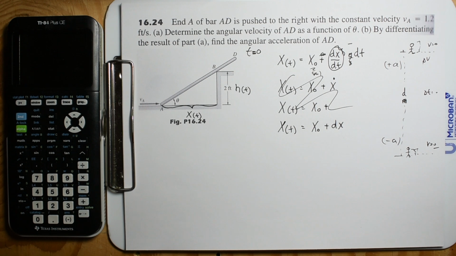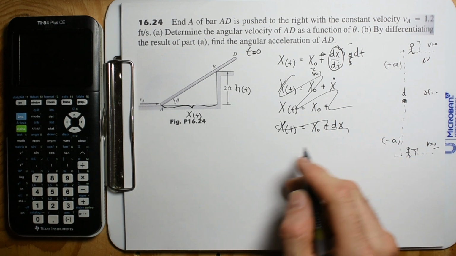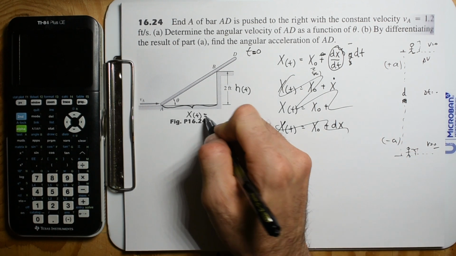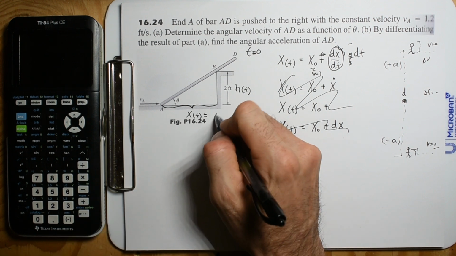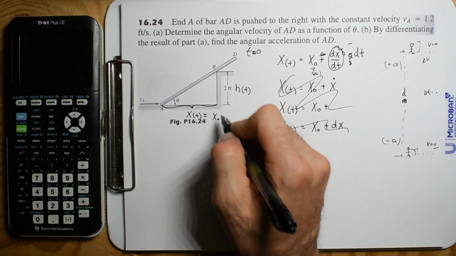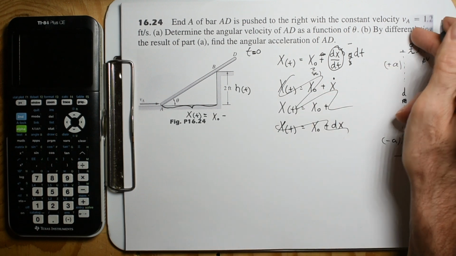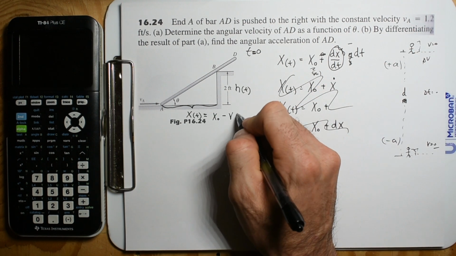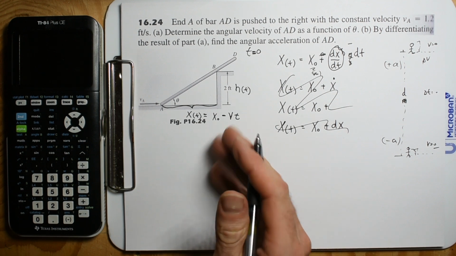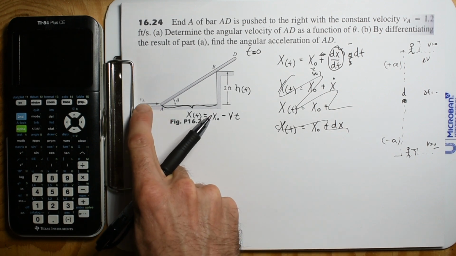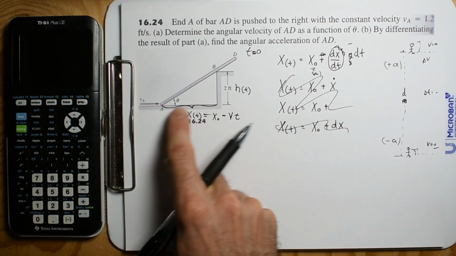I don't know if that's going to help me or not. But it was useful to know that this was the initial x, and then it was going to be minus this velocity times time. So for this problem, since this velocity is constant,